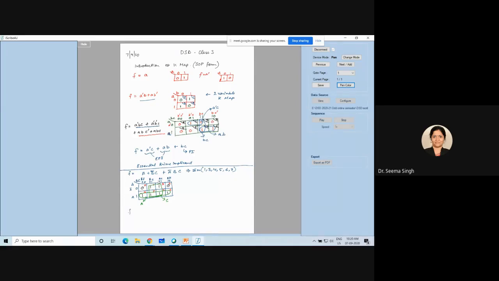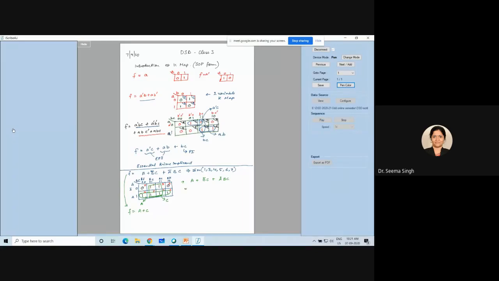So this function reduces to A plus C. If you remember in the last class, quickly I had shown you this simplification, and I had also showed you how we were doing this in the truth table. Again, just for the sake of completeness, I will show you that simplification which we do with a Boolean expression. And one of you did this in the first class itself.